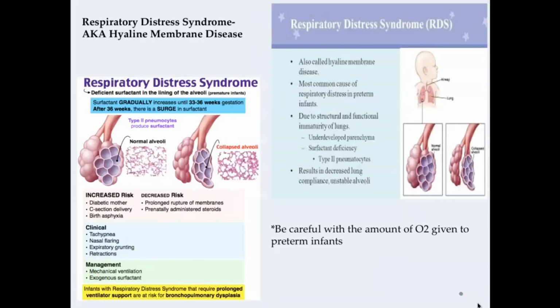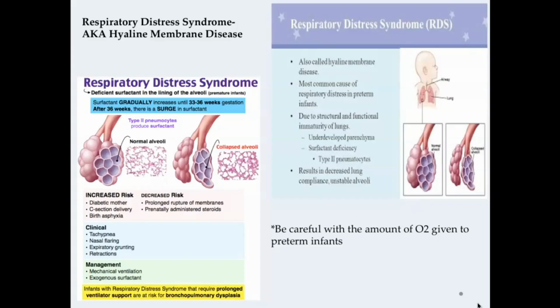So RDS, or respiratory distress syndrome, is also referred to as hyaline membrane disease. This is a typical condition that occurs with preterm infants. The one thing you want to remember about this is that you want to be careful with the amount of oxygen that you're giving,